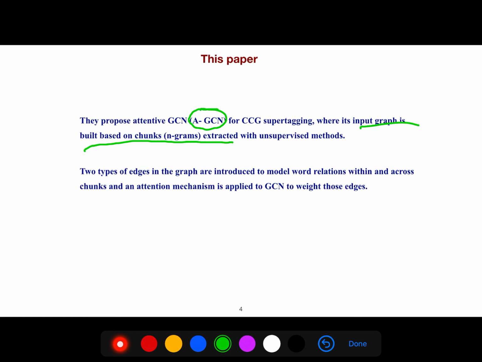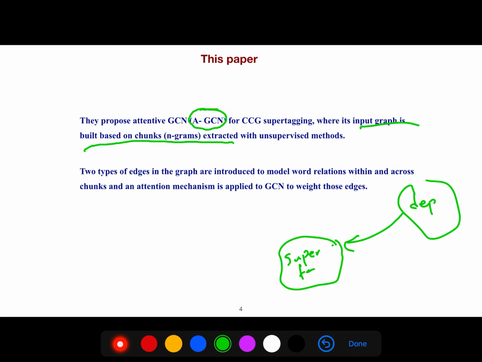Before this article, people used to take advantage of dependency parsing for that, but now we understood that if we use dependency parsing, then all of the problems of dependency parsing will come to our new problem of supertagging. So, all the problems of dependency parsing. But the interesting idea of this paper is that instead of dependency parsing to create our